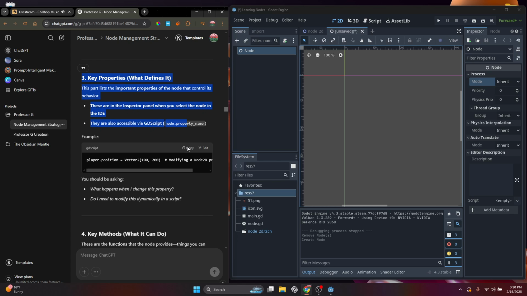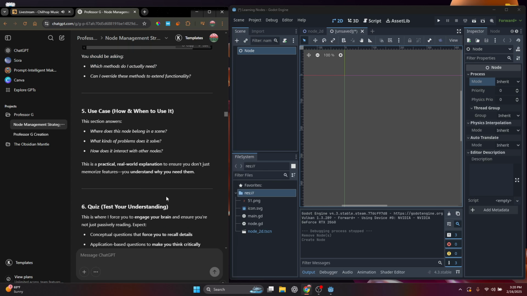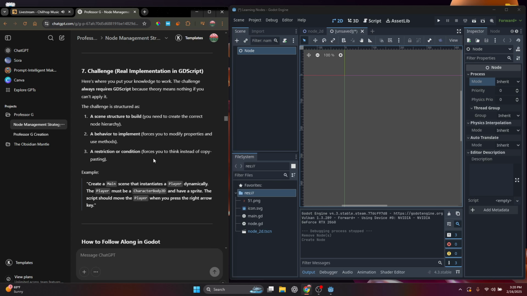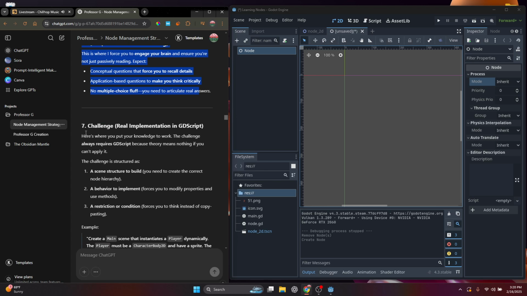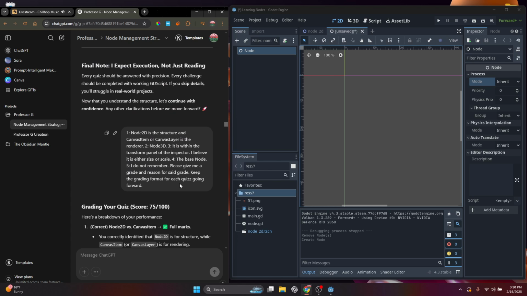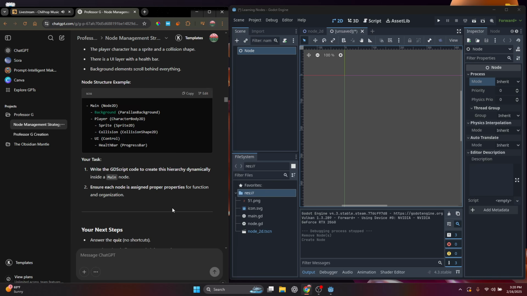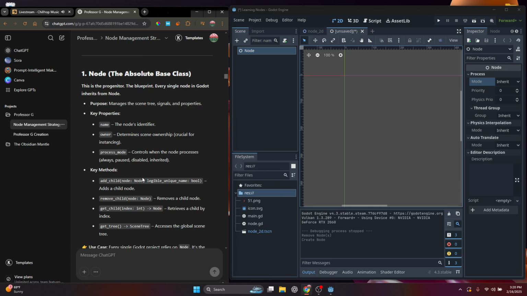Then it's going to give us some more key properties, examples. This is pretty simple. It's going to go over some key methods, things to that effect. And then it broke down its quizzing, its challenges, and how we can actually follow along. Okay, so let's go back through the course with our new knowledge that we gained and see what